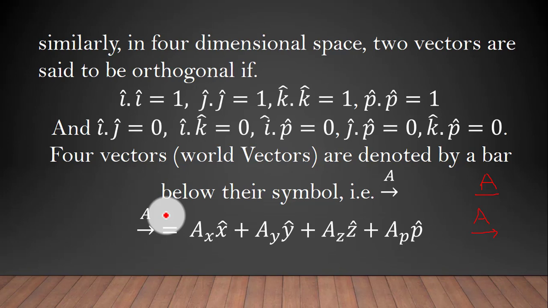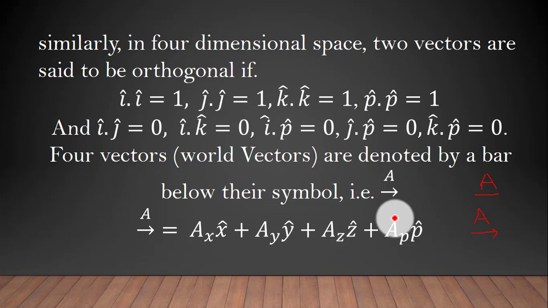We don't know what kind of vector this is, so we'll call it here the components only. Suppose we have a 4 vector A, it will have 4 components. Ax is its component along the x-axis, the space coordinate. Ay is its component along the space y coordinate, and Az is its component along the z coordinate, which is a space coordinate.